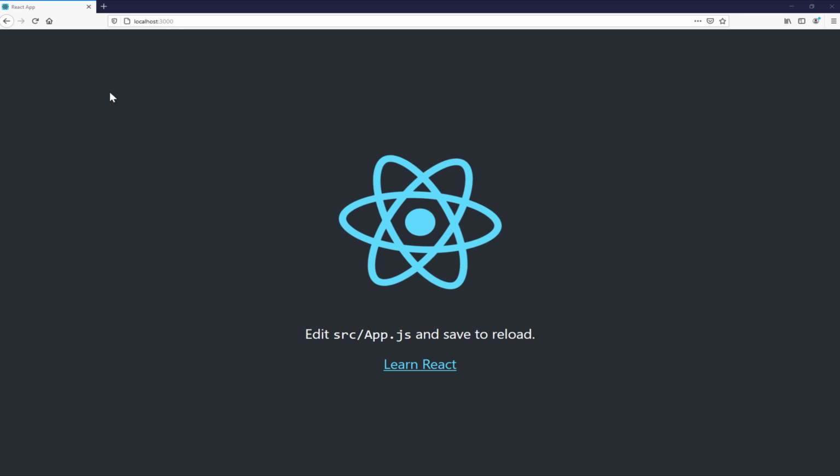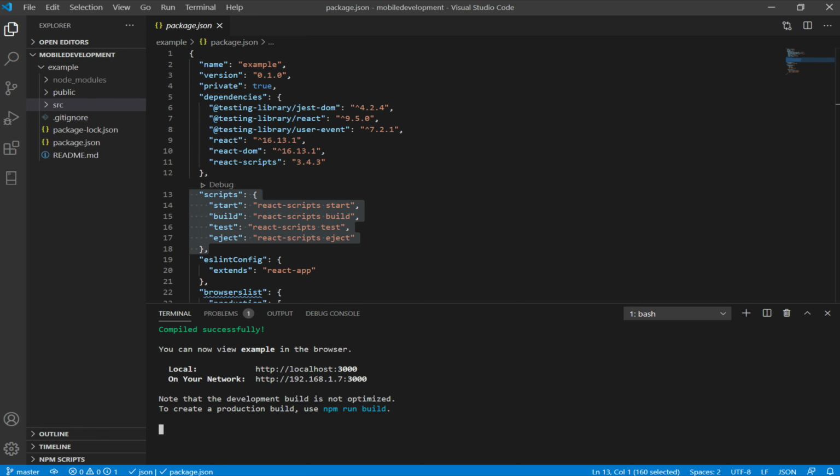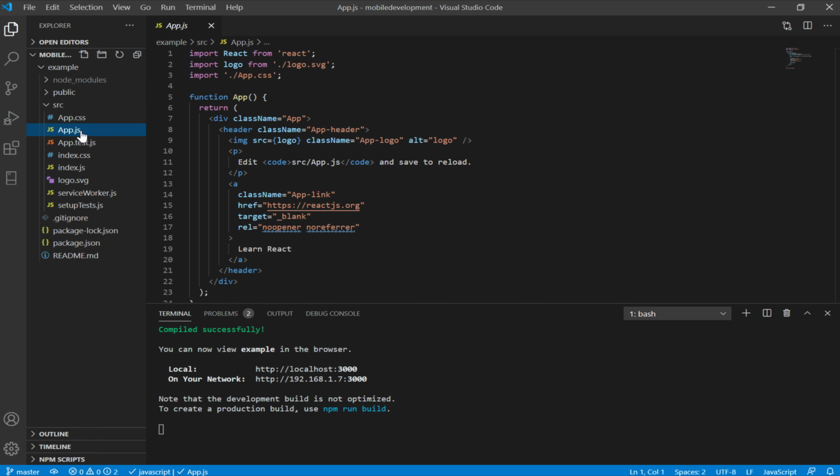So I'm going to go back to Visual Studio Code, and it said, hey, edit source.app.js. Now there's a lot of things going on here, and we'll get into this in a future video, but I'm going to change this line right here, line 11. It says edit whatever to save and reload. I'm going to add hi. Now notice the file's unsaved, so notice right here we have a full circle over here,